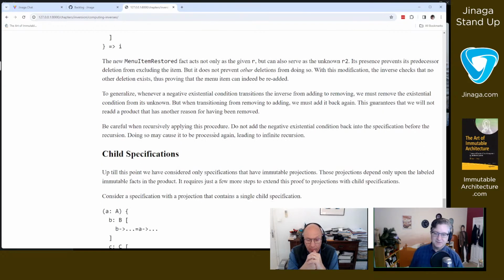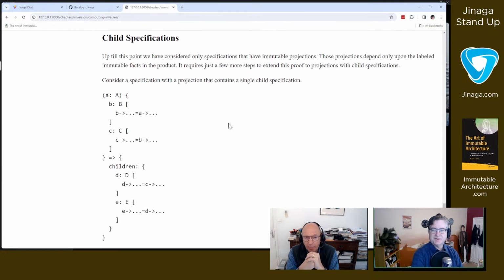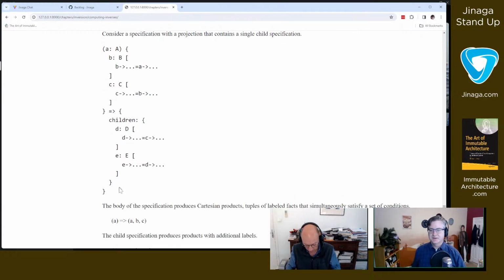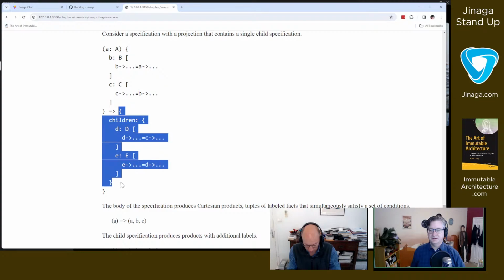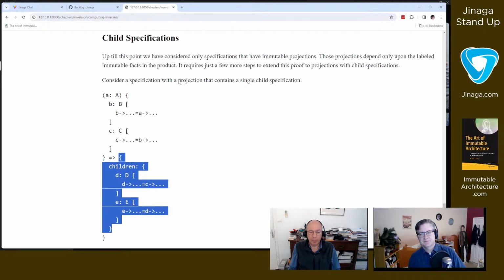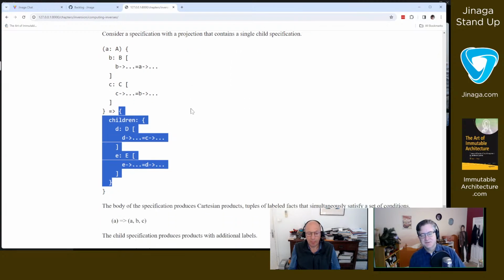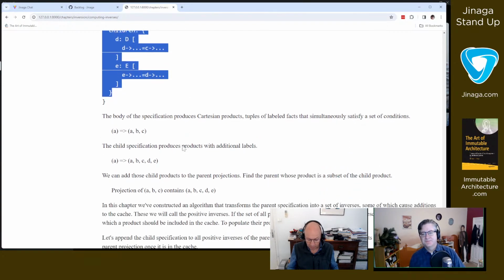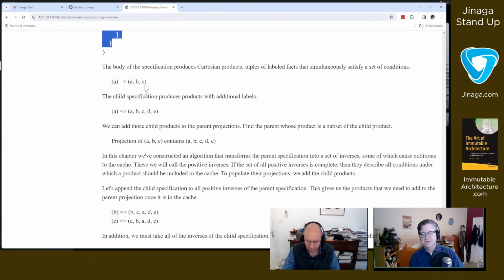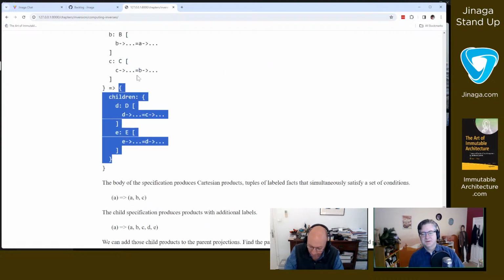So it goes into that detail, and then the child specifications, how we handle these projections with children. I was a bit terse originally with this, and Sandra was like, "I don't quite get it." Okay, let me expand on that, and showed that here's an example.